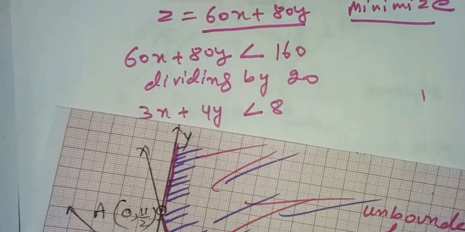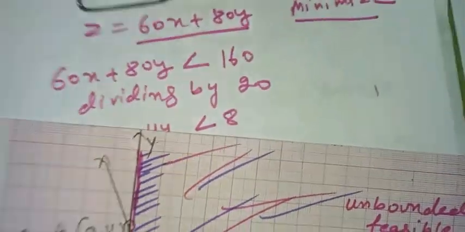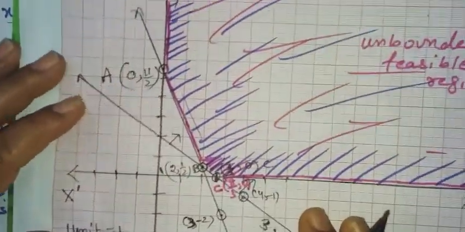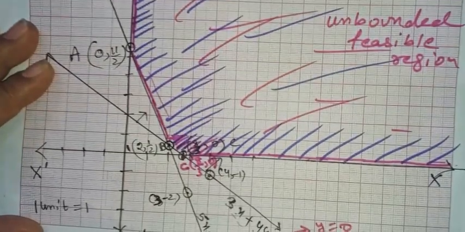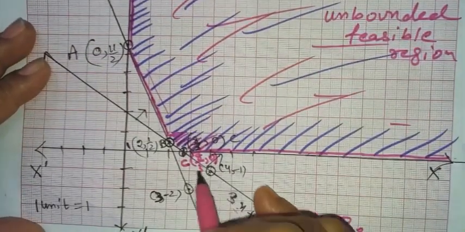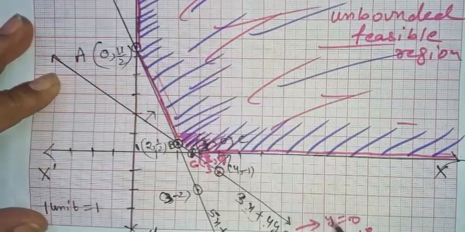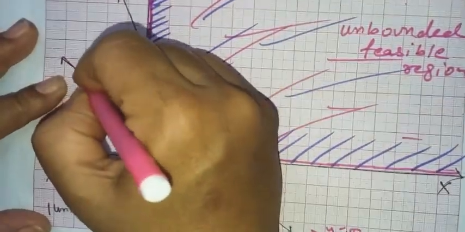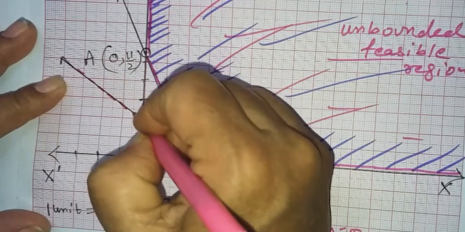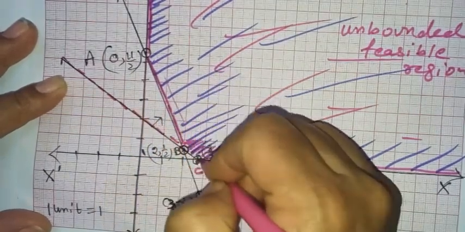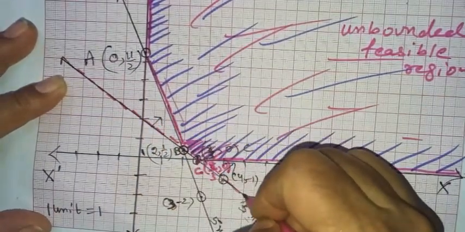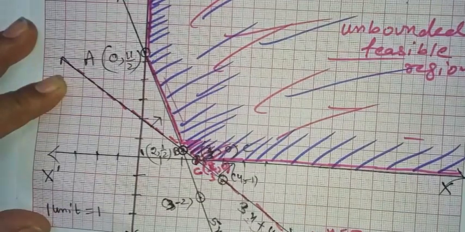So how I have to plot this is, plotting of the line will be the same. So the new inequality will be obtained by plotting the same line 3x plus 4y equal to 8. So this is the line. So I can make a dotted line over it. You can get to know what we are talking about. We are talking about this new inequality.